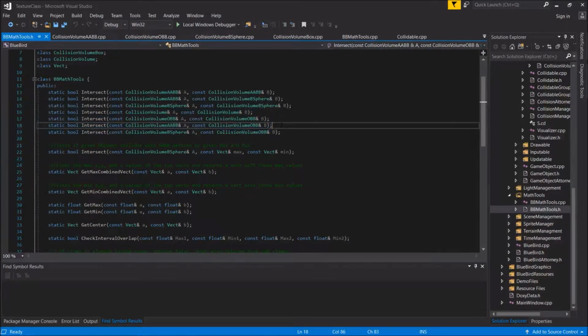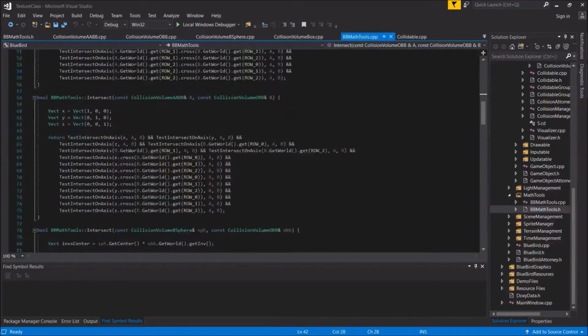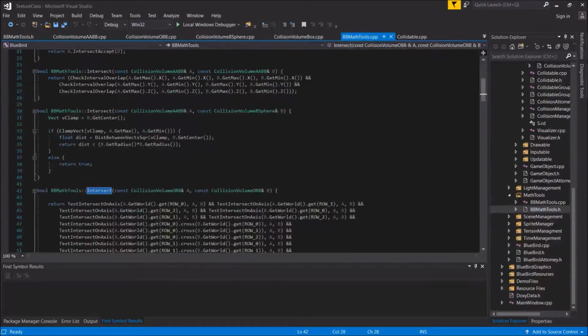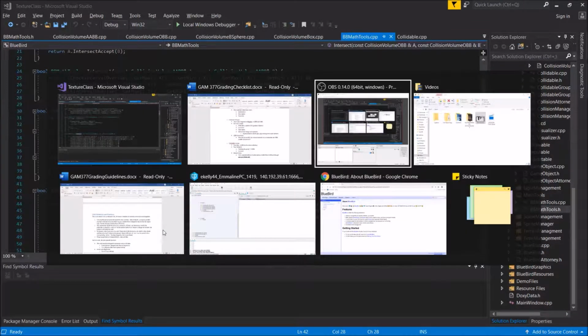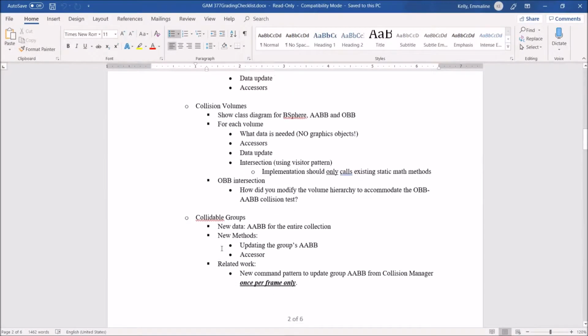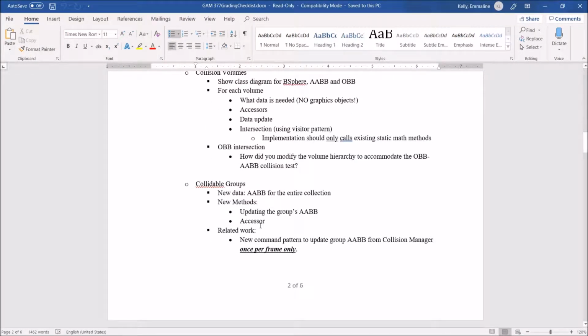We could probably collapse, I haven't done it obviously, but we could probably collapse these two into the same one and just do it if a box is colliding with a box, because the code inside of both of these is pretty much the same. So that's one change I could make here, would be to collapse these two into the same one, so they're both one. If a box is colliding with a box, we could use the same code, but that's not the case. And then if we move on to the collidable groups,